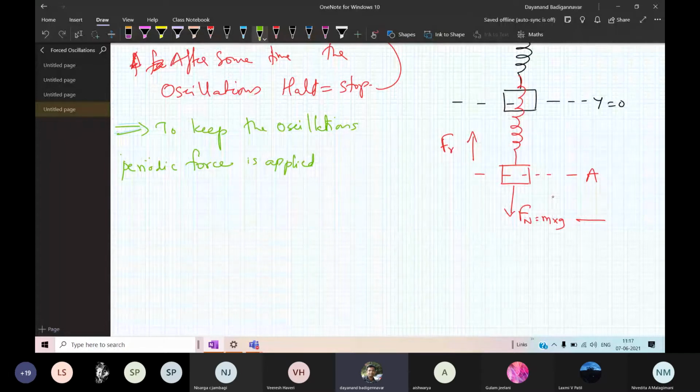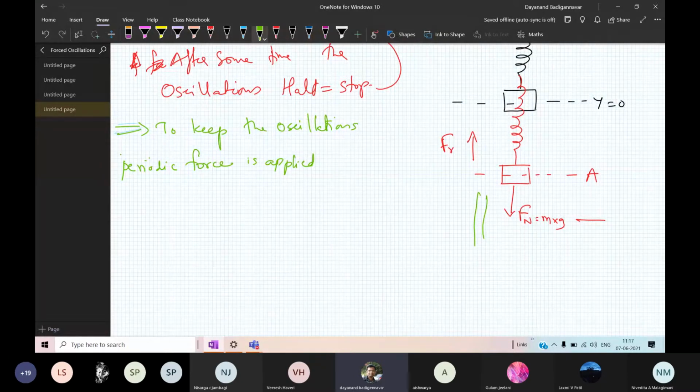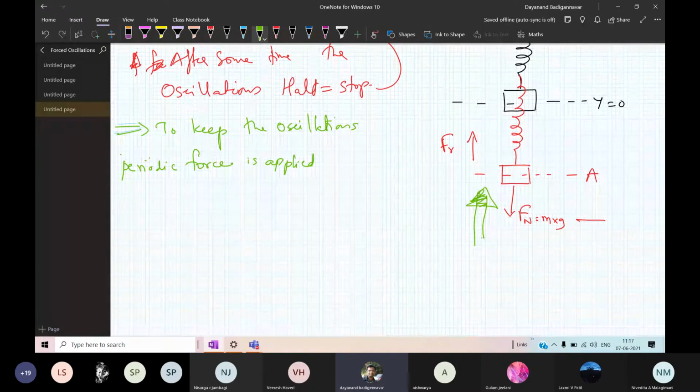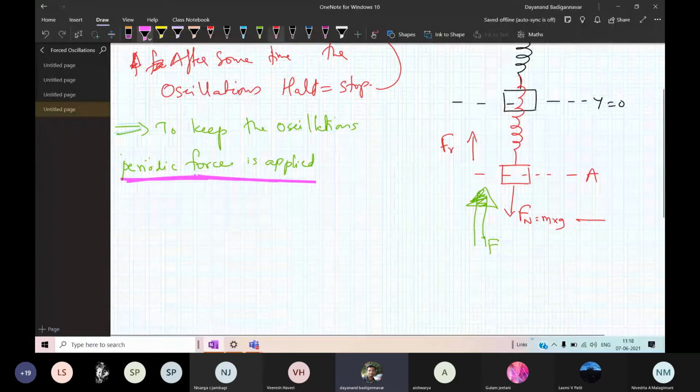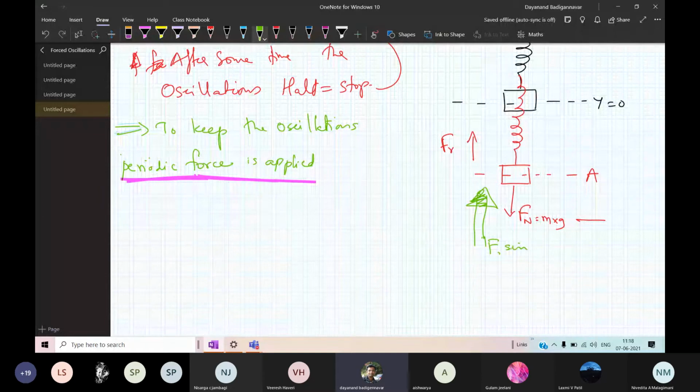Where do you have to apply it? You have to apply the force here. This is the periodic force. So when the mass comes here, you have to apply the force. What is the force that you are applying? F. This is the periodic force. That is very important. Keep in mind, the force should be such that it is periodic. This is the force I have applied. To make it periodic, you have to multiply this with the sine function, sine pt.